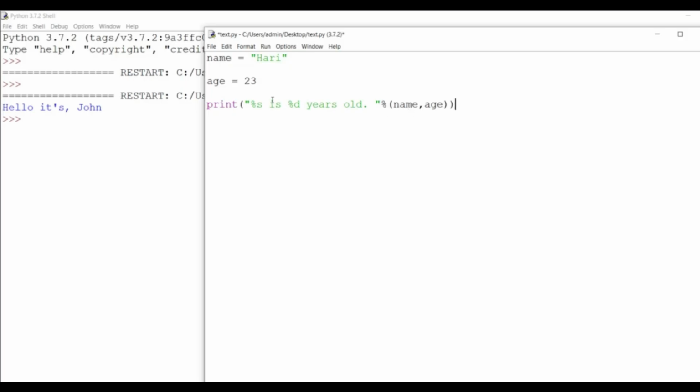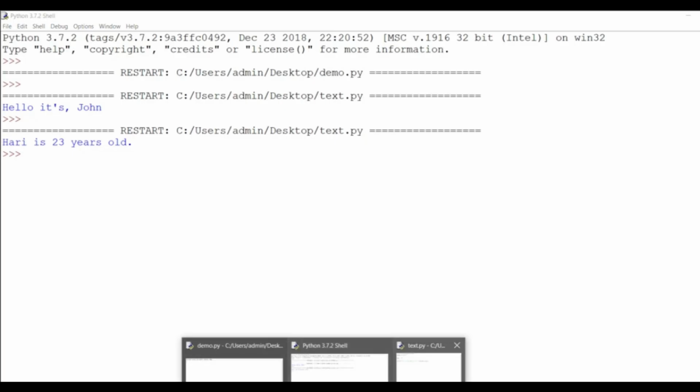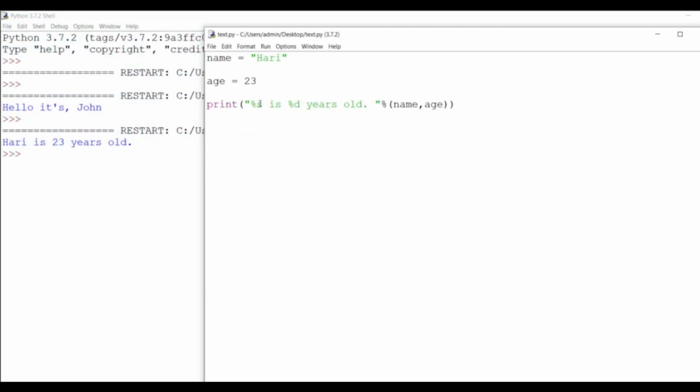We have now created another program here using the same argument specifier, but now we have included both the string and the integer inside the same print statement. Let's save this now and press F5. Then you could see Hari is 23 years old, which has been replaced in here by the argument specifier. So instead of this %s, it will be Hari, and instead of this %d, it will be 23. So this is basically your specifier for this argument, or basically for this value, name and age. So this is the one way